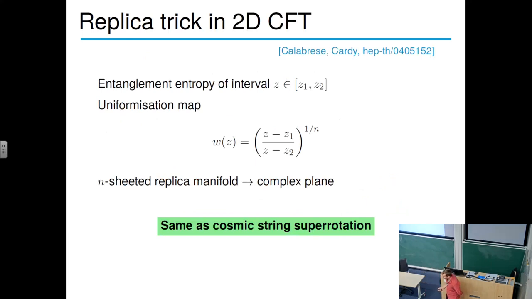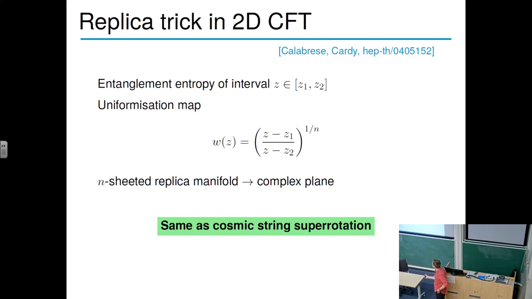But it's still very hard to compute the path integral on such a manifold, but fortunately in 2D CFT you can use the power of two-dimensional conformal symmetry to simplify your life a bit. This was worked out by Calabrese and Cardy 20 years ago. So I'm going to imagine I want to compute the entanglement entropy of an interval, just a single line essentially